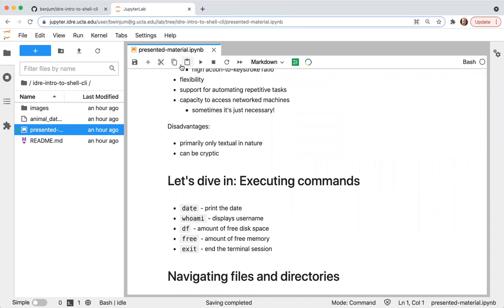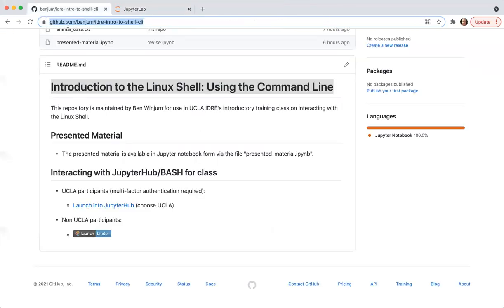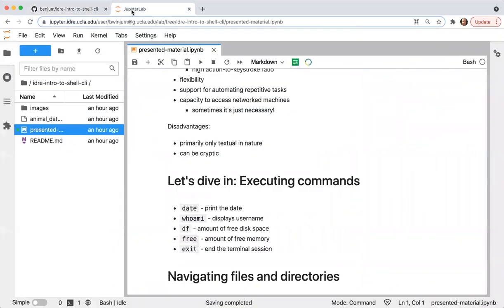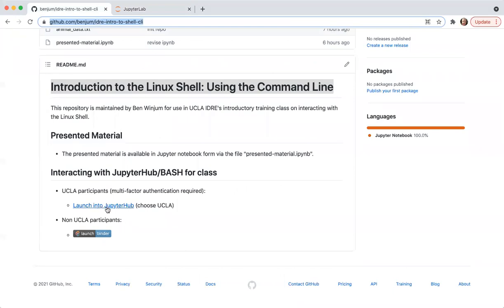So let me come back to, I'll just paste in the chat window again the link here if anybody has joined after I started. Once you go to this link again, you can launch into the Jupyter Hub, which will launch you into an environment like this. By coming down to this first link and clicking on it and authenticating onto the hub, or you can launch into Binder with this one, which will launch you into a similar environment.